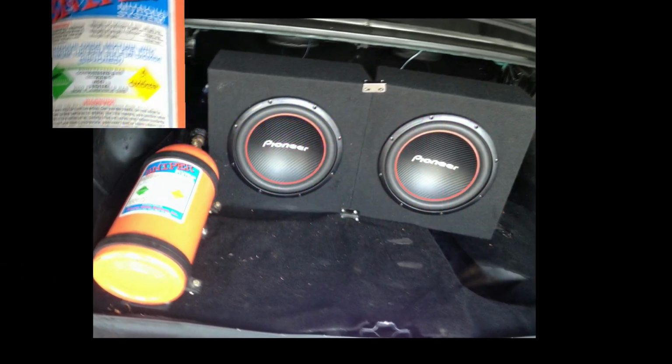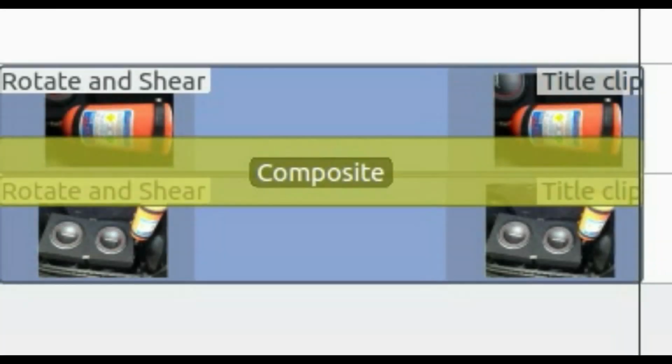In this video, we will be showing you how to zoom in or out of photos using the Kdenlive title clip animation. Also, in this Kdenlive video, we will be showing you how to put the zooming in or out photo on top of another so they can both